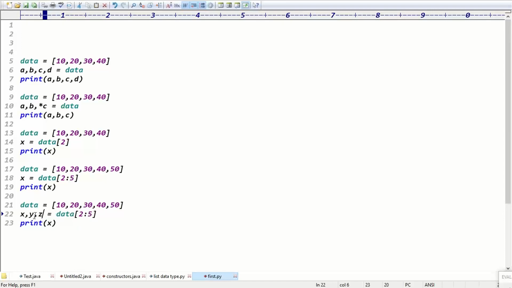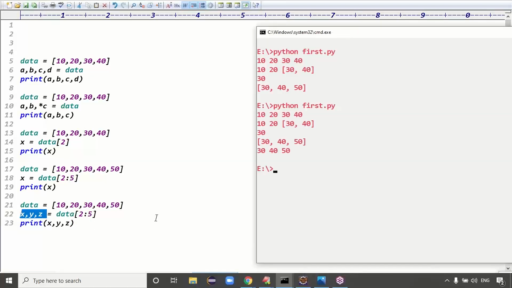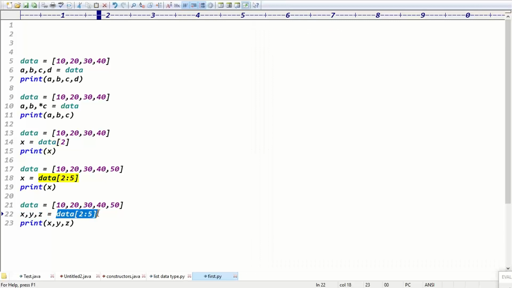So can I take the 3 elements as x, y, z? Guys, there are different possibilities. Whatever data you need, we can take different possibilities of the data, x, y, z now. This line: the x value, y value, z value are 30, 40, 50, or not? See the last line output here. After unpacking, we are getting 30, 40, 50, right? Even after slicing 2 to 5, you will get 3 values. Those 3 values are assigned to how many variables here?